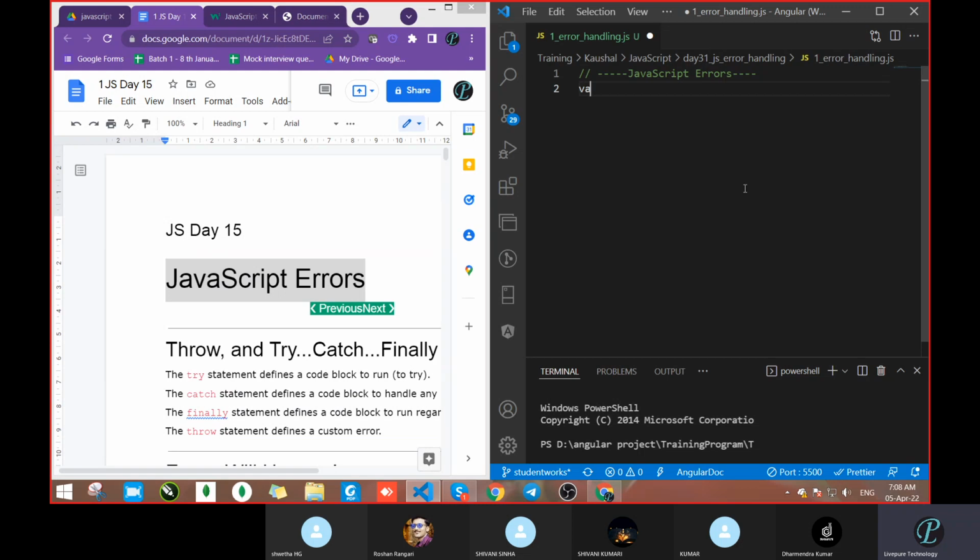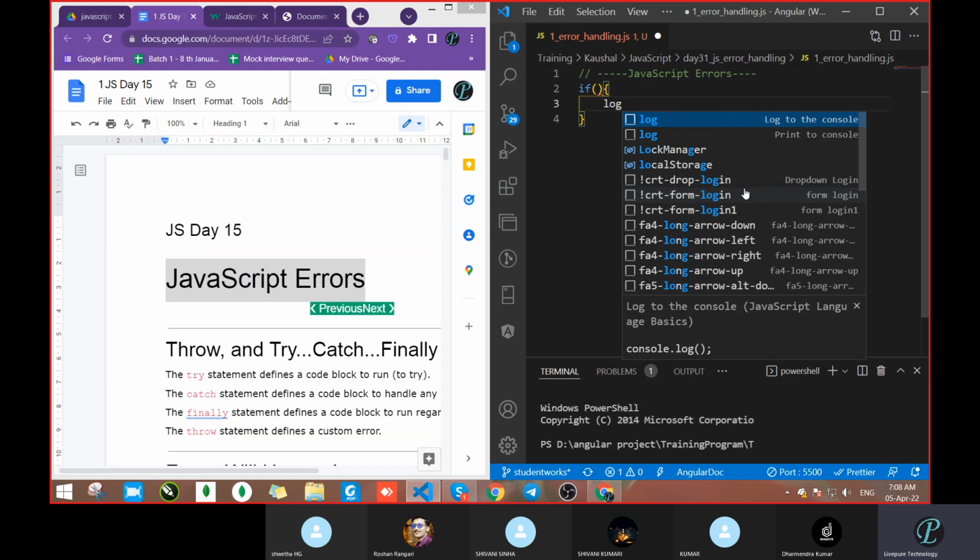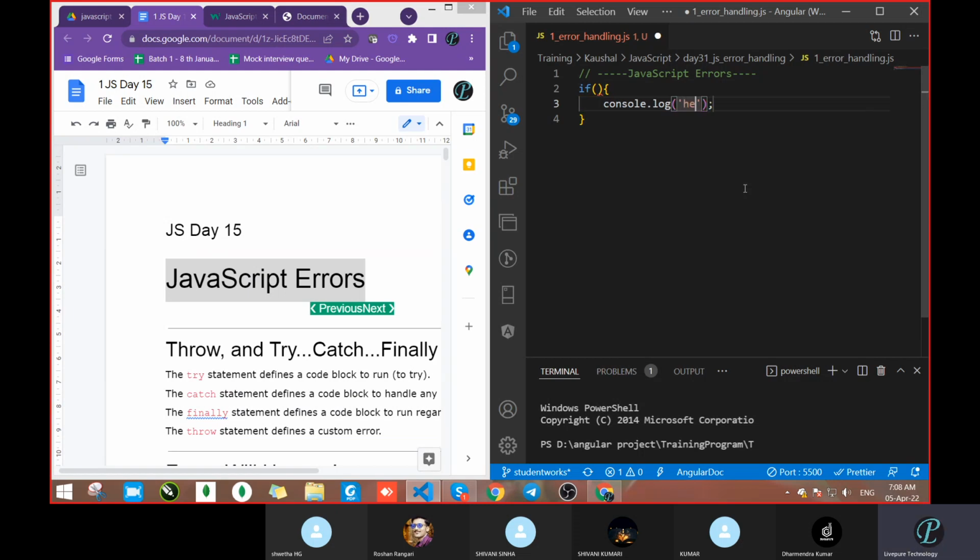Suppose we have written an if condition. Inside that we pass console.log and hello world.